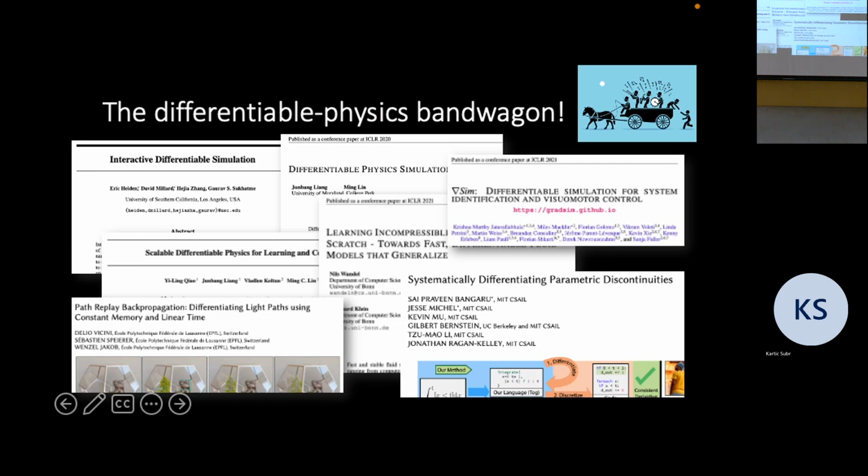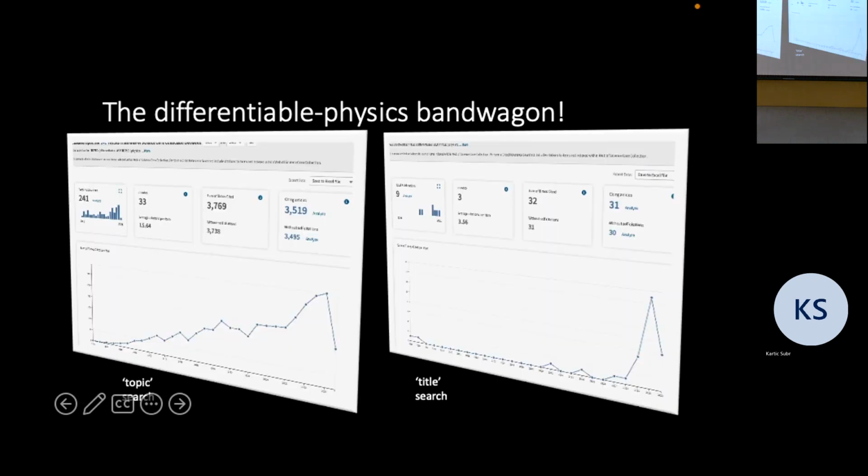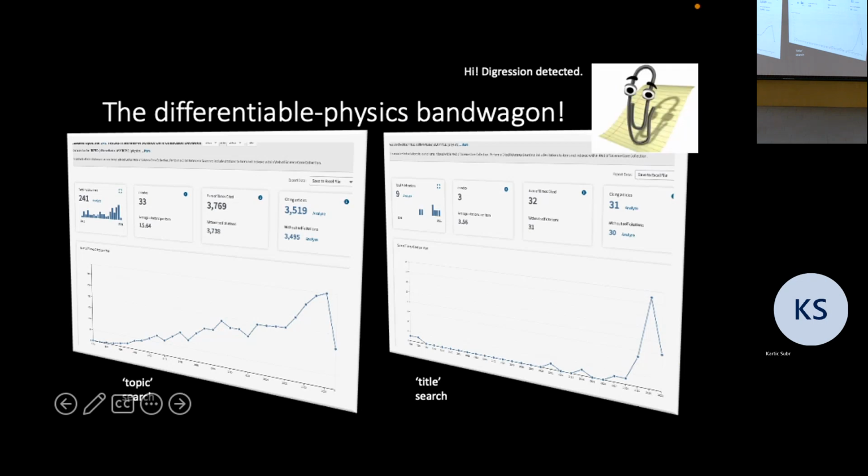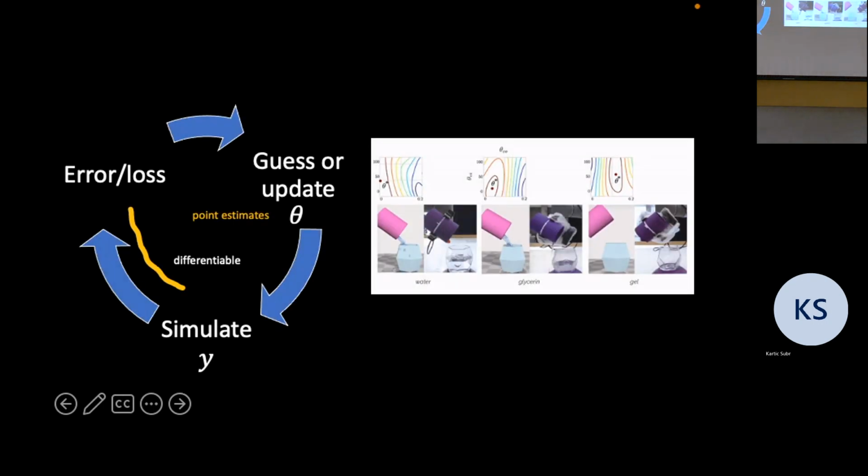But what I can tell you is this has been very, very popular as a research area over the past few years. If you haven't heard of it, I would say Google it and you'll find some really interesting results on how you can build a differentiable simulator and use it for very interesting applications. Interestingly, when I searched for publications with the topic differentiable simulation versus in the title, it gave very different results. So if you want to work on this, put it in your title. That's my takeaway. Anyway, coming back to what we were looking at, if we can build a differentiable simulation here, then we can avoid a lot of the problems we had previously.